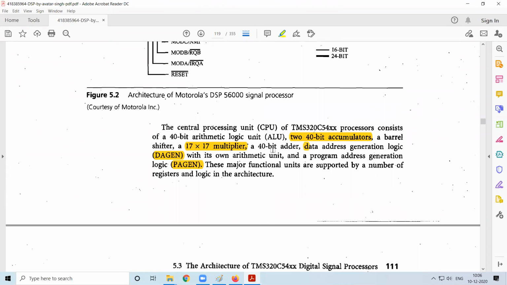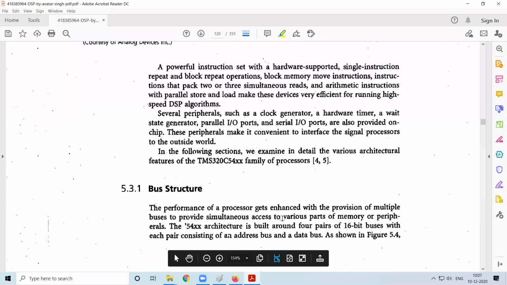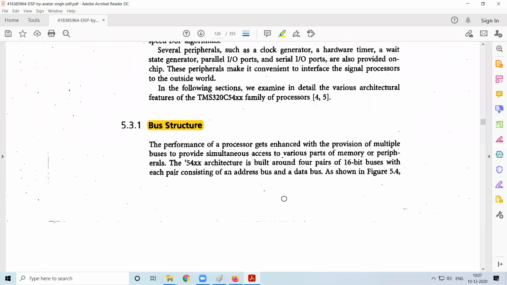Another thing is that the address generation unit has to take care of bit-reversed addressing and circular addressing. Those are special addressing modes it has to handle. This is how regular microprocessors and DSP processors can be differentiated, and based on this we can do some comparative analysis between the processors. In continuation, let us start with the discussion of the bus architecture of the TMS320C54XX. In short, we'll call it 54XX for TMS, or Texas Instruments.